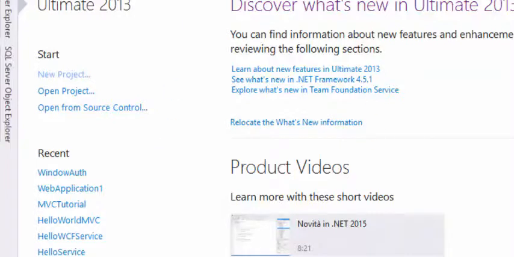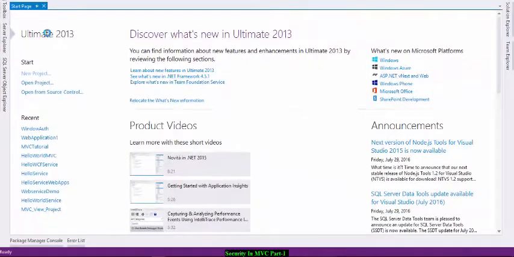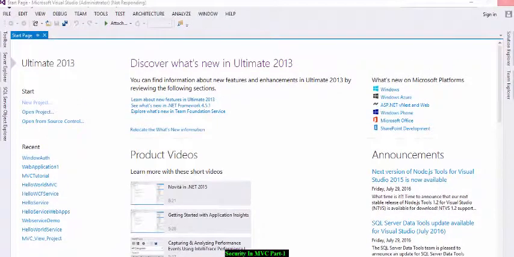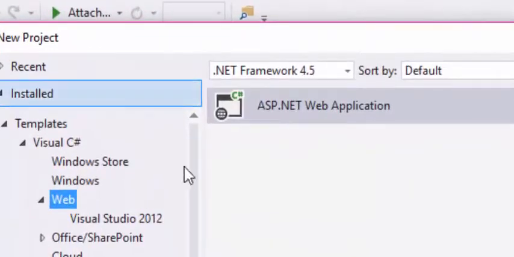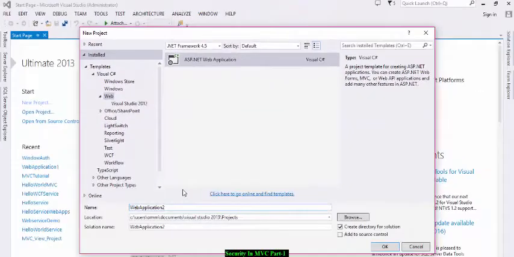Okay, so we are creating a new project. Okay, it's come. So I am using Visual Studio 2013 with .NET Framework version 4.5, and you can also use 2015. So I am giving the name as security